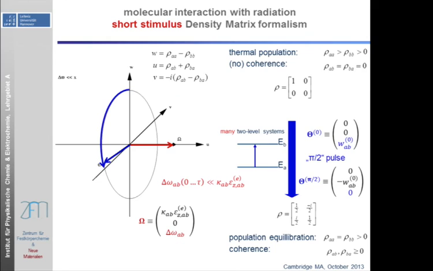And then you flip this by 90 degrees into this plane. So you equilibrate your population and completely convert your population difference into coherence, and then it rotates in this plane if you don't have relaxation. You do this with a pulse that is resonant or near resonant to your molecules. You basically describe a very, very narrow region of the spectrum where you hopefully have a transition between level A and level B.